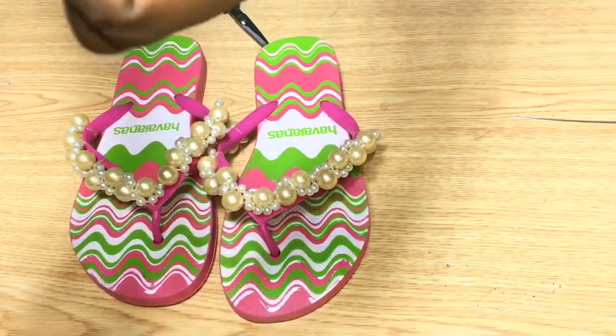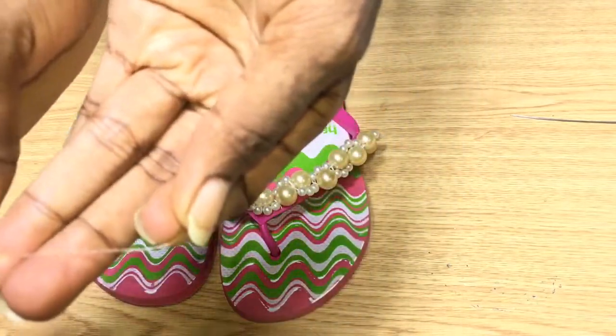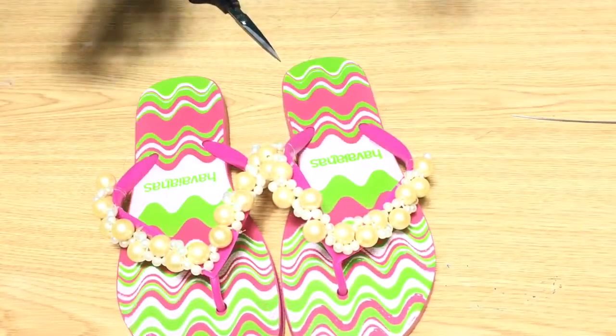This is very important. Call it an elastic thread. So an elastic thread, if you know it, you can just go to any seamstress and you ask, they can give it to you. So for all those who are interested in seeing how I achieve these slippers, please just